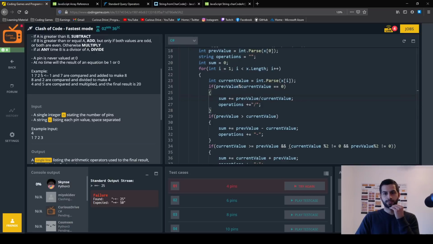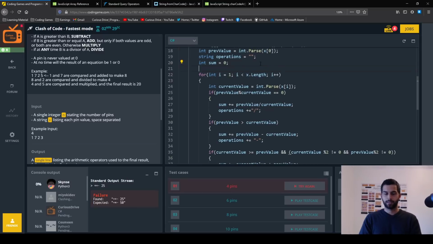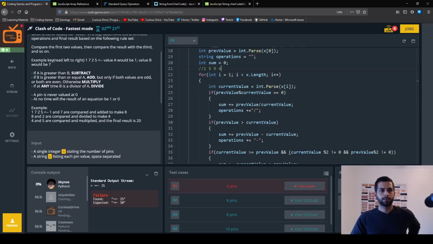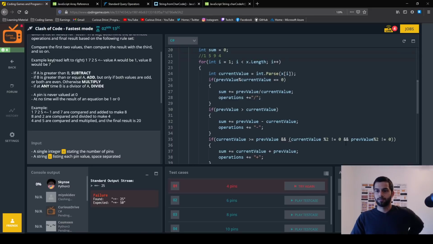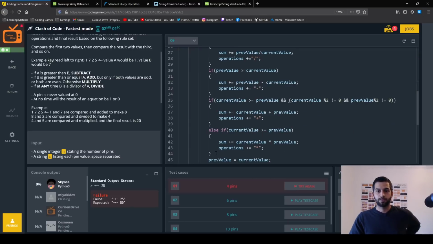Okay, so the first plus is right. Let's grab this. We don't have a whole lot of time, but I think I can pull that off. So when A is greater than B, when B is greater than A, in these two cases it's going to be plus because both of them are odd and current is greater than, and it is greater than, so it's going to be plus. That's fine. And sum is going to get added, current and previous, and then the previous value is